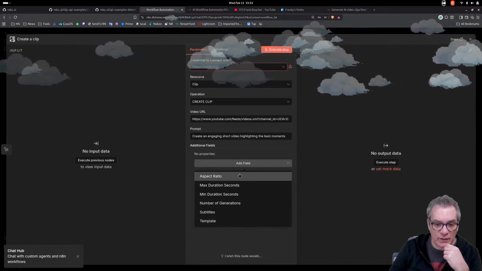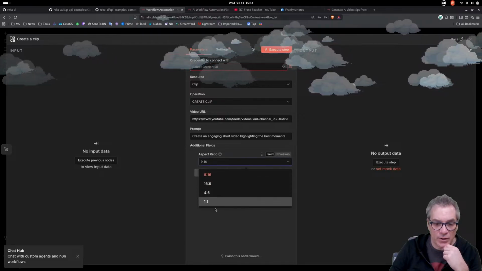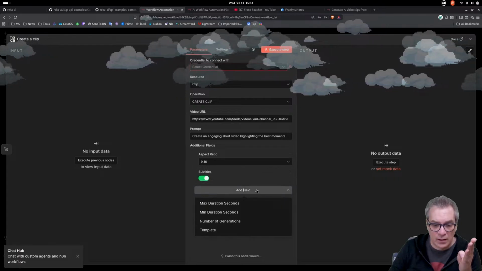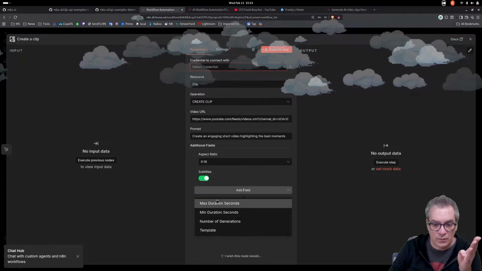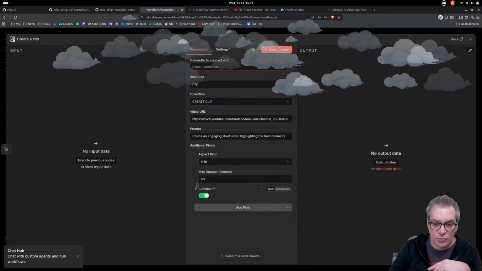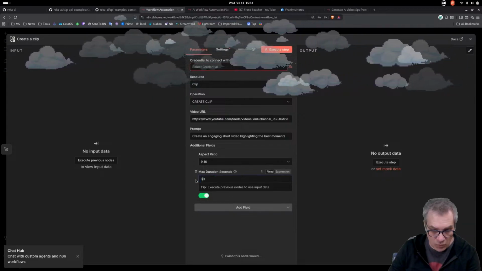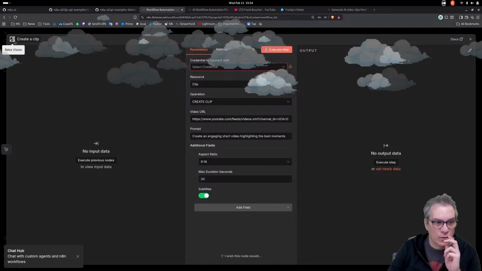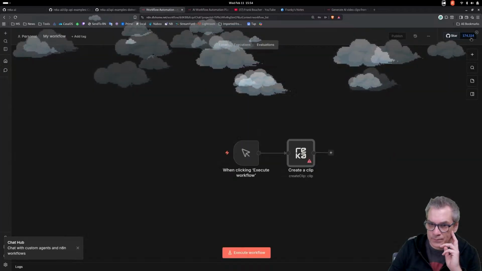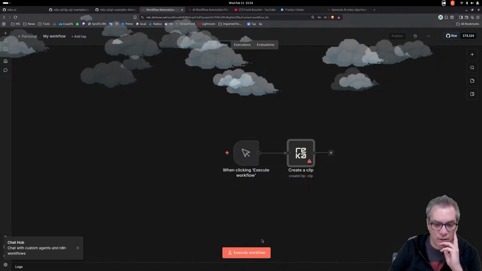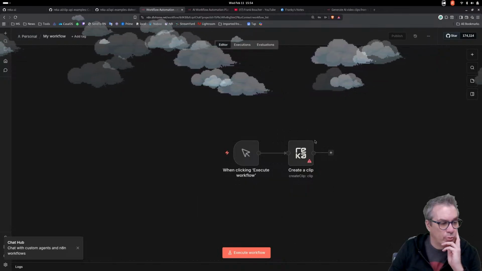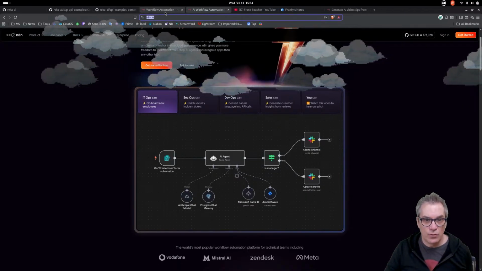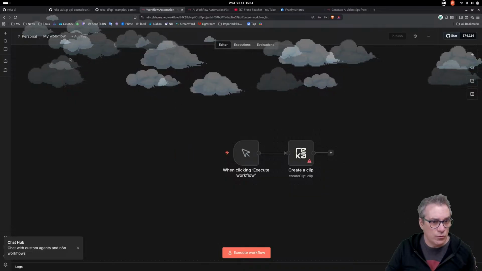And you can add more fields. So you could say, hey, I want to change the aspect ratio. I want it vertical, and I want subtitles, and the max duration must be 30 seconds. So you do that, and then you could now close it. Now this will occur, and you could do a bunch of stuff, wait until it's ready and stuff like that. So you could use all of those.